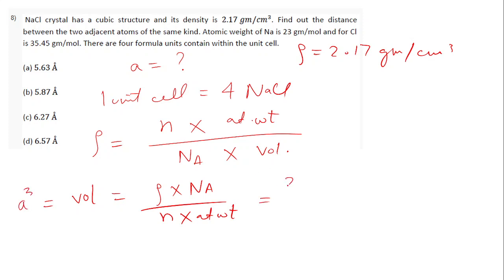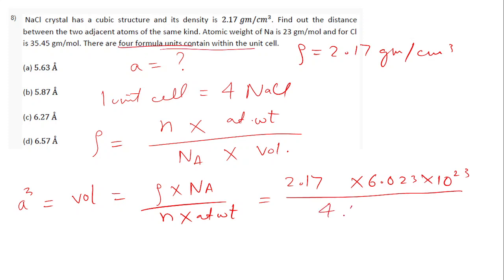Okay, so density is 2.17 gram per cc, and Avogadro number 6.023 times 10 to the power 23 divided by, here 4 formula units are there within one unit cell, so 4, and atomic weight 23 plus 35.45,